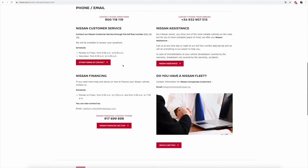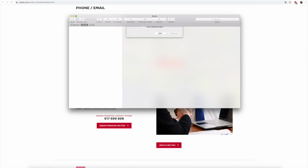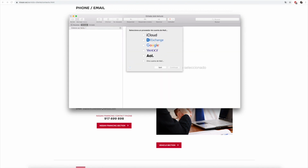On this page, we will find the customer support data, including an email address, which contains a link that will open the email program configured on the user's computer. The perception that many users face is that the company wants to prevent customers from contacting them. Maybe they are visiting the site from a computer that's not theirs and therefore does not have their email address